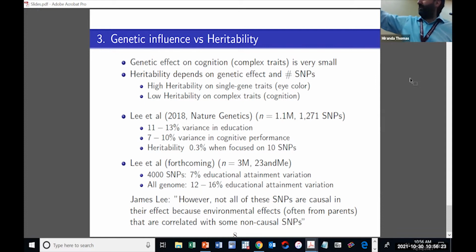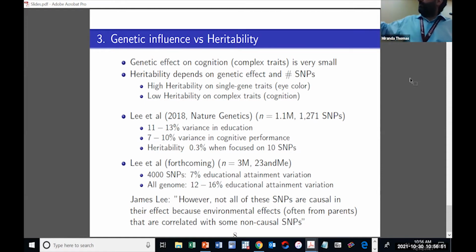One of them is 2018. The other one is just forthcoming. And they're using 23andMe, similar to Ancestry DNA, but they actually have a lot of observables and the full genome. Those studies are essentially explaining, with 3 million people, about 10 or maybe 15% of educational attainment based on your genes. And they acknowledge that this is an upper bound because many of those correlations are not causal.